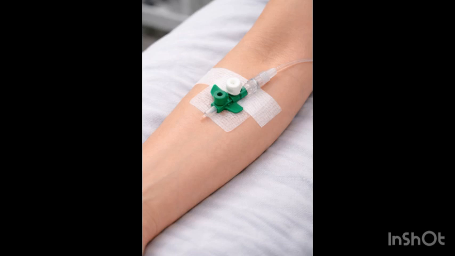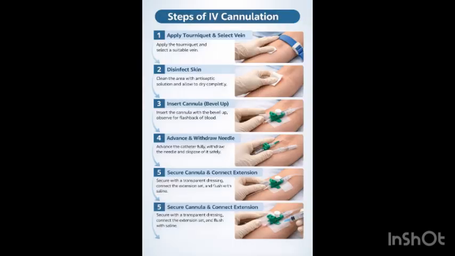So in that case, you have to remove that cannula. Okay, then we discuss what are the steps of cannulation. First, you need to apply the tourniquet. Then you need to bring all the equipment nearby, and you have to perform hand hygiene prior to starting